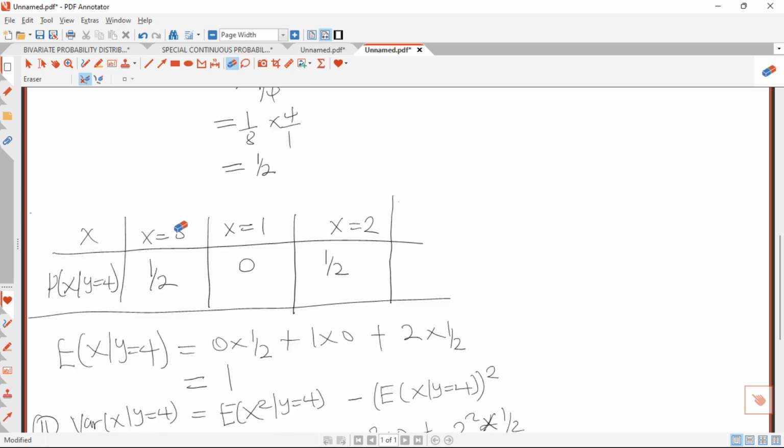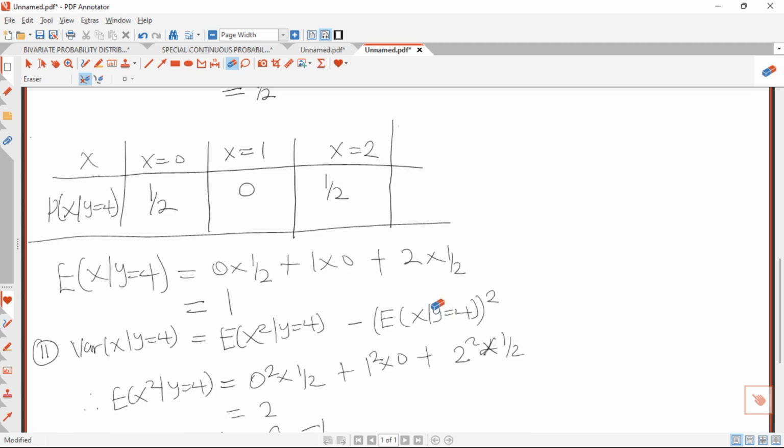So now we are going to calculate the expectation. If you want to get the expectation, you just multiply the x values by the conditional probabilities to get the conditional expectation. So here you're going to get 0 times half, plus 1 times 0, plus 2 times half, of which when you multiply you are going to get 0, 0, and then 1, and our final answer for that question is